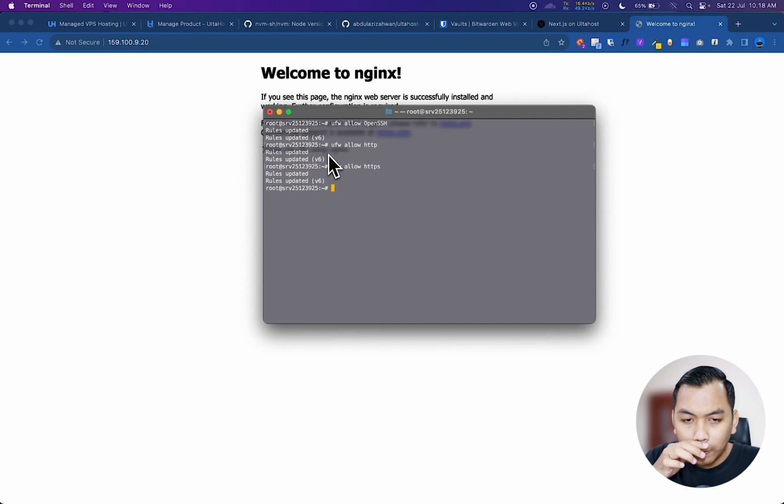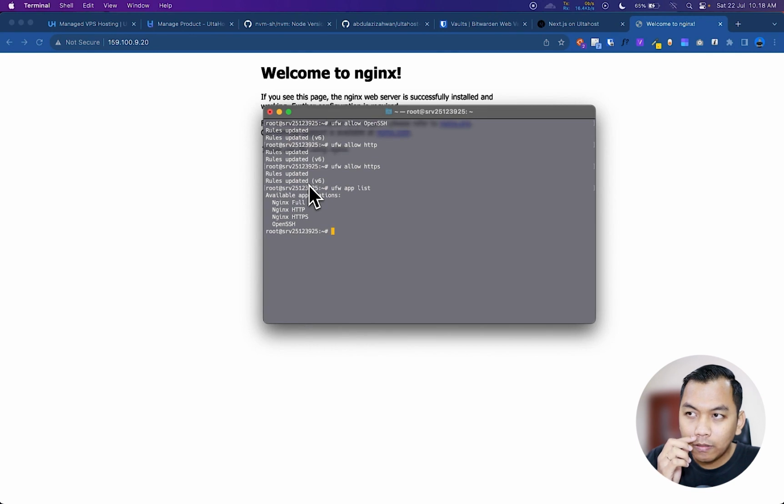And now when we say ufw app list, we see like before: Nginx Full, Nginx HTTP, Nginx HTTPS, and OpenSSH.